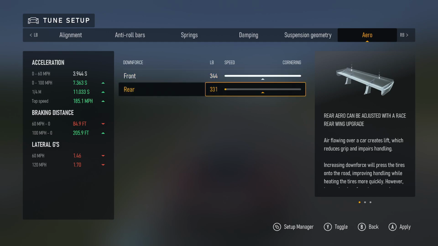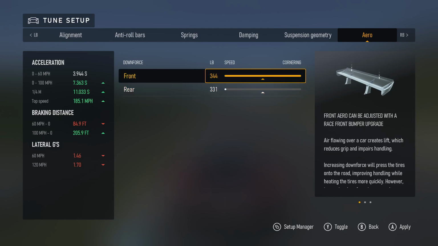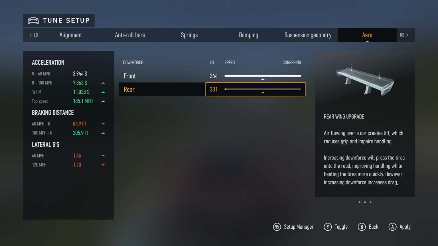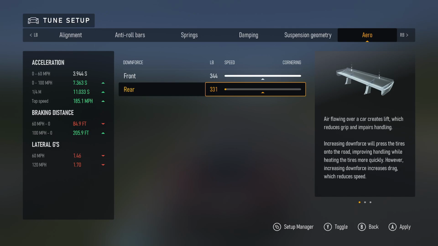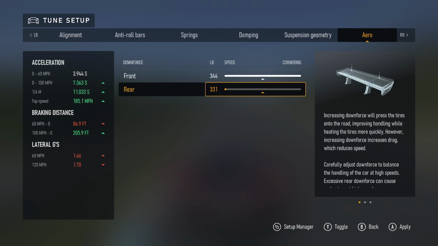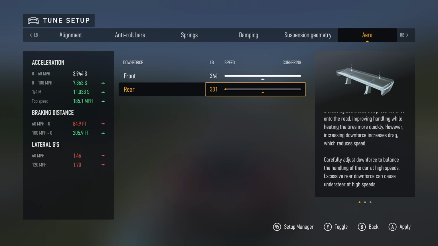No matter what the numbers are here, this is GT meta tuning in Forza Motorsport. It is max front, min rear. That is the wave right now, and probably forever in this game. It's how it was on Forza 7. It's how it is on this game. It's just, for some reason,